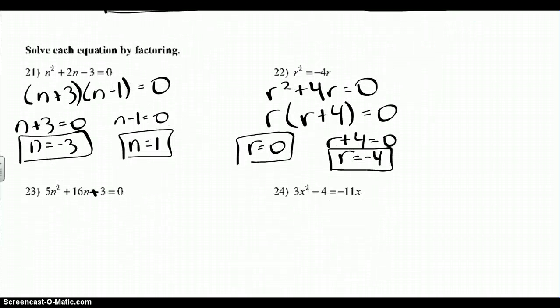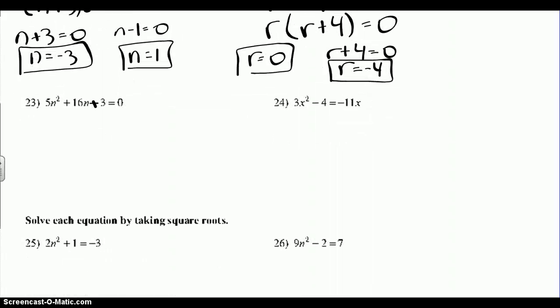Okay? I'm going to go back to the problem. And now that it's in factored form,